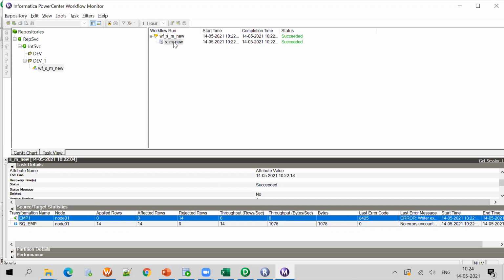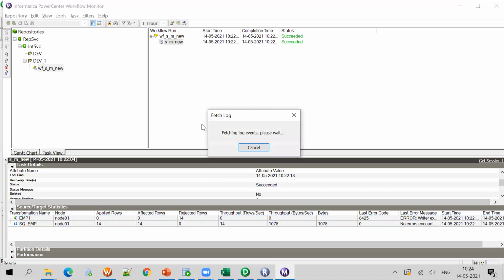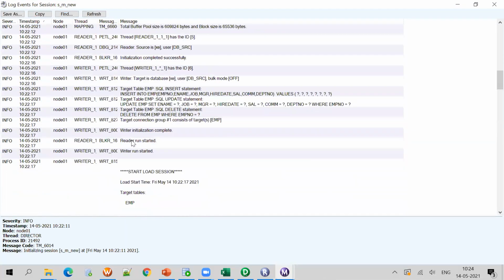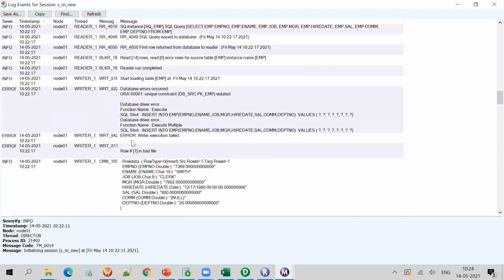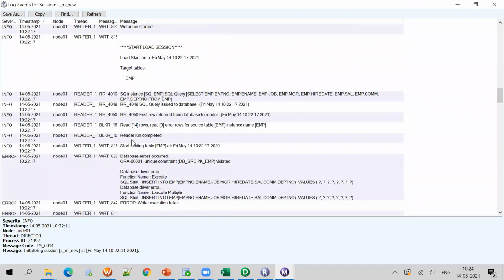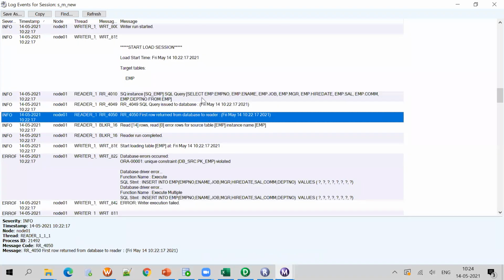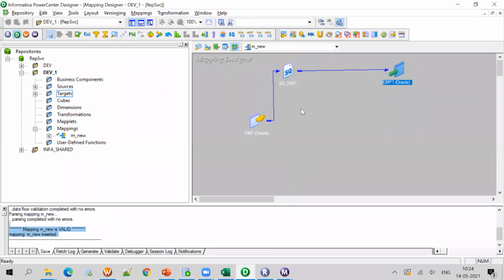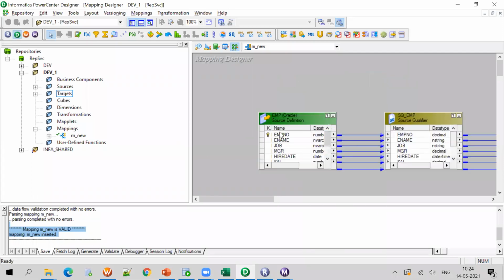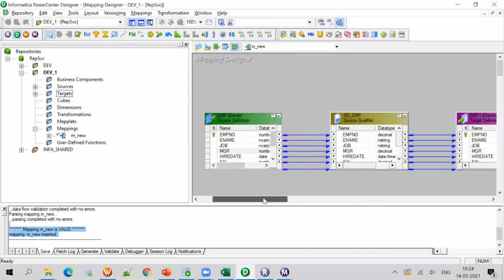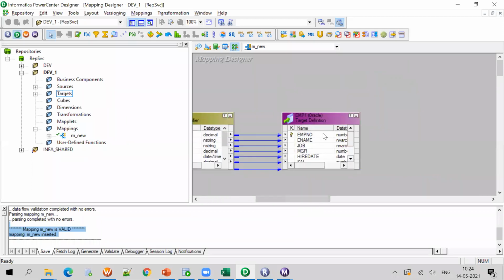Why are these 0 records loaded? How do you need to see? You can right click on a session, go to the session log. You expand the session log. It will be showing all the information. I'll explain the session log in a later part. Now see, in the reader, the SQ instance, whatever we have dragged. Almost how many fields are there? Eight fields are there. We have dragged from source to source qualifier to target.